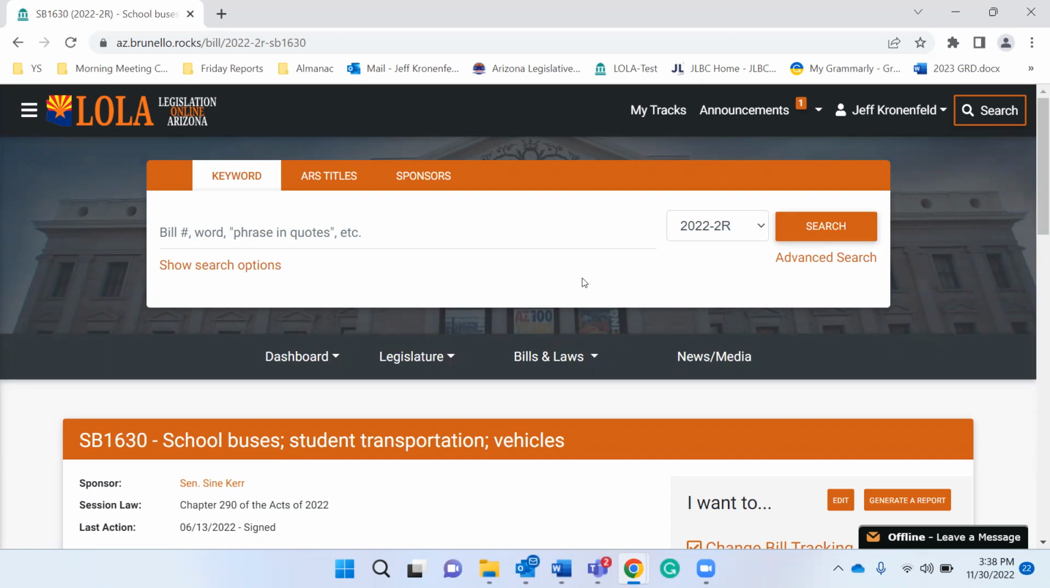Please note that you can also access the search functionality by clicking the search button in the upper right-hand corner of any screen on any page in LOLA. You can also access advanced search functions by clicking the advanced search button, but we're going to cover that in